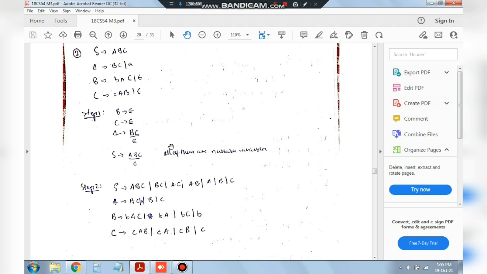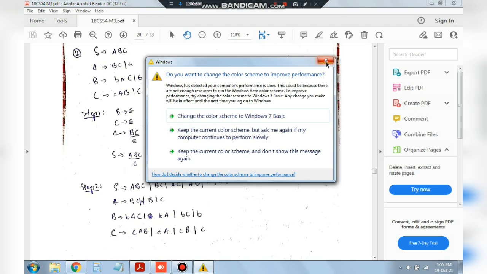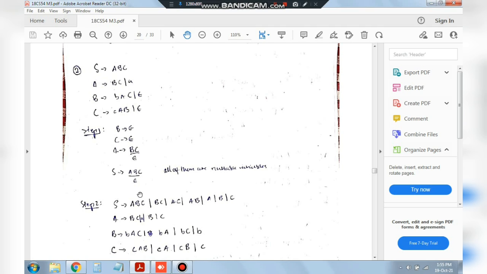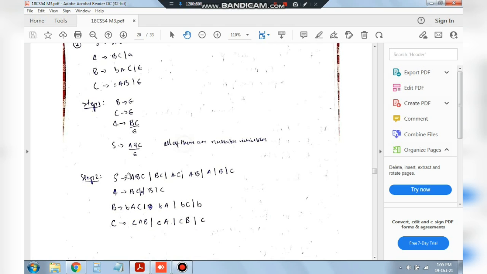After we have found out what the nullables are, we have to find out the patterns, I mean the combinations. I will start from S and go for all of these. A, B, and C all are nullable, so we will be finding the combinations of ABC. If I take A as epsilon, then BC will be written here. If I take B as epsilon, then I will write AC here. If I take C as epsilon, I will write AB here. Now if I take two at a time like AB, then C will be written. If I take AC, B will be written. If I take BC, A will be written. So these are the combinations I have written here.